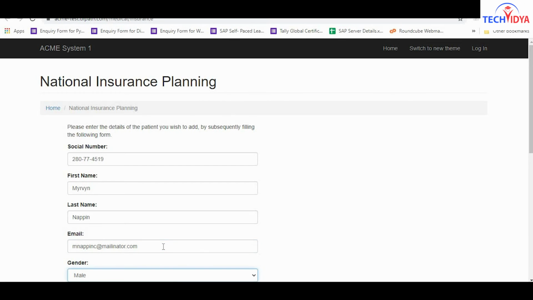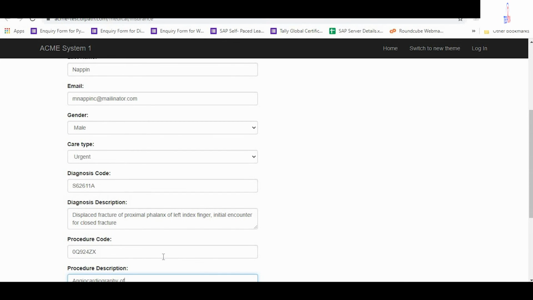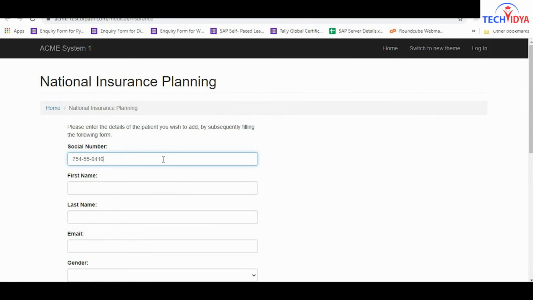So we have seen that the entries are going on without flipping the windows, because we already defined the robotic path, that is, from where it has to extract data. Basically it is extracting the data from the treatment report template file and placing it into this form. That robotic path we have to learn to generate in robotic process automation, and how robotic paths are generated for different types of automation.